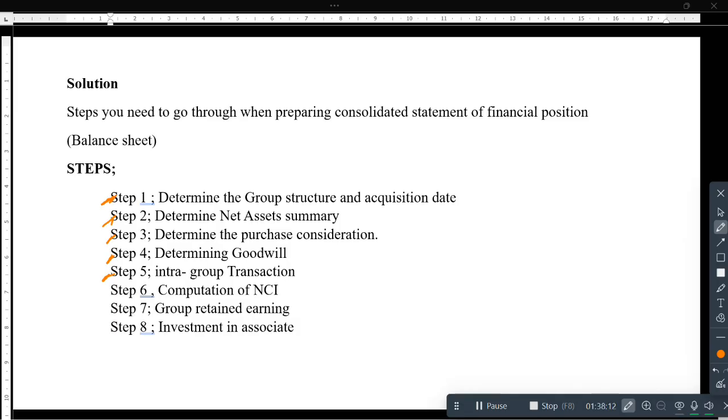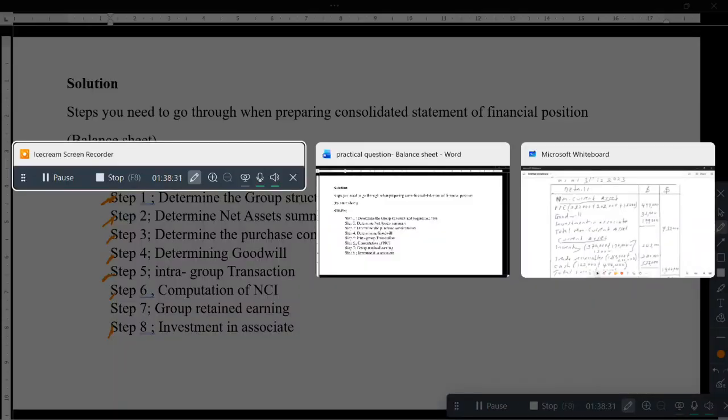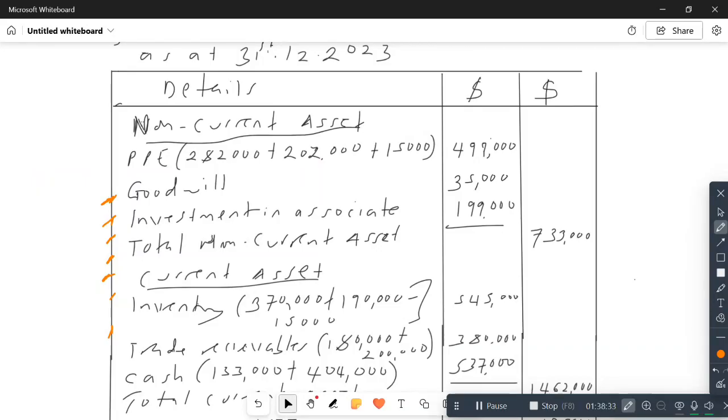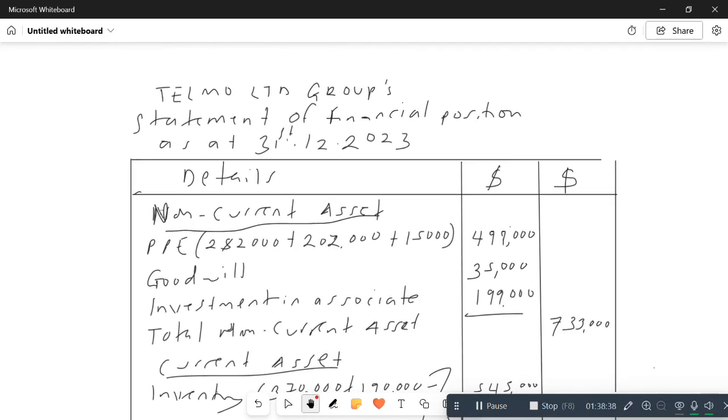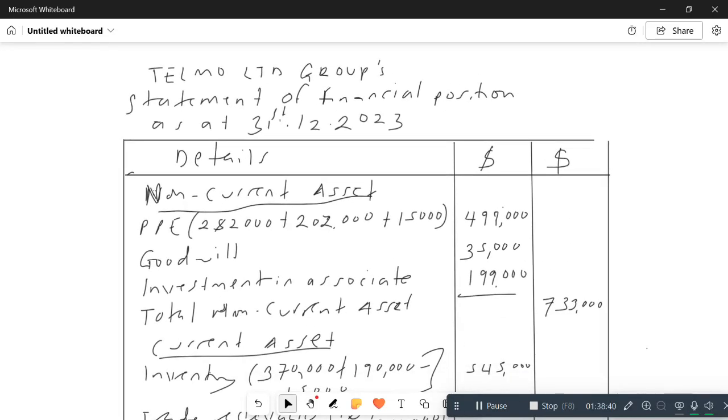Try to determine the NCI, this non-controlling interest. Try to determine group retained earnings. Then after, if you have any associate, you try to determine the investment in associate using the equity method. After that, you can come and consolidate by putting the rightful format of the balance sheet: combine non-current assets for parent and subsidiary, combine the current assets for parent and subsidiary, bring